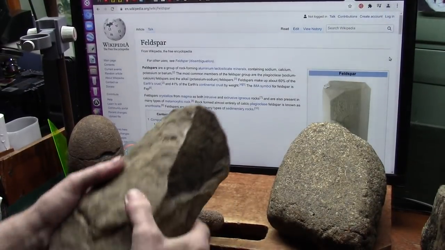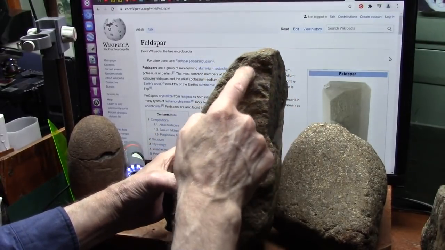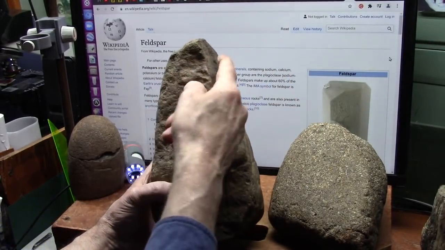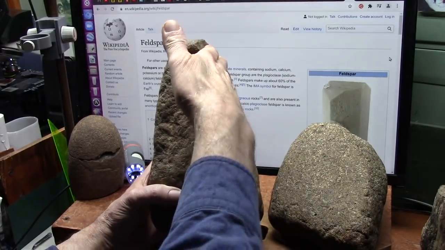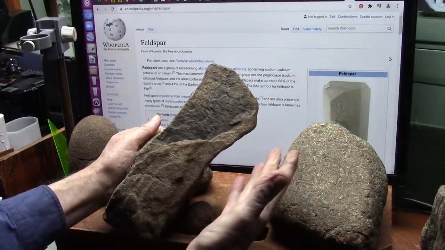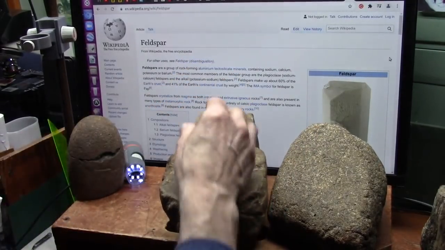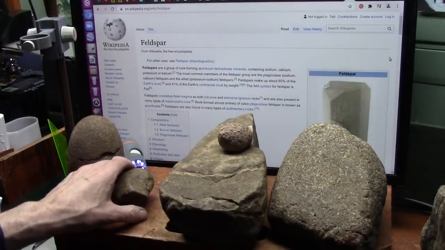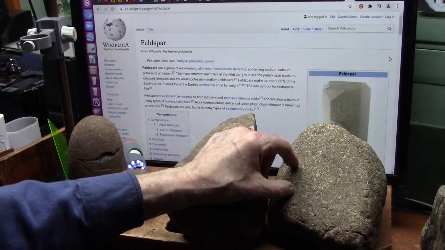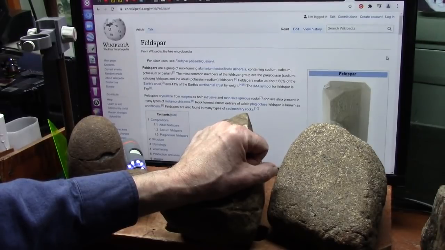And the same thing here. Right, that's the tibia, the big bone that comes down, and that's the fibula that sits on the side. It broke off, and inside is basalt. And when I show you what the chemistry of basalt is and the chemistry of feldspar, it's going to blow your mind. And then I'm going to tell you about the chemistry that's in your body and why you die